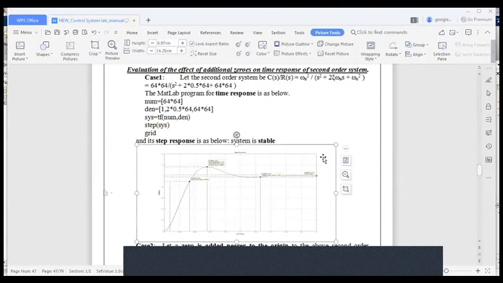Okay. Now, when you add a zero, how do you reflect it in the transfer function? It has to be reflected in the numerator, whereas when you add a pole, you will reflect it in the denominator. So here in case 1, it is the original system that you have studied. There is no reflection of any poles or zeros. It is the original system, you have to understand. Now case 2, only when a zero is added.